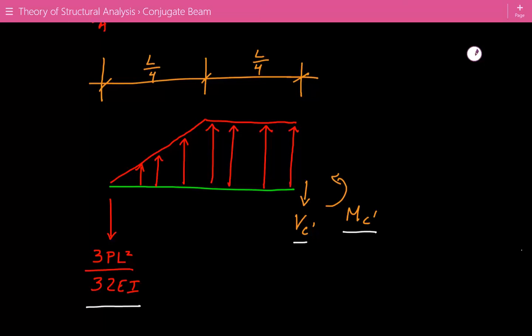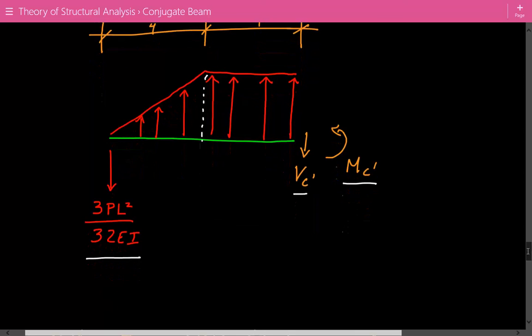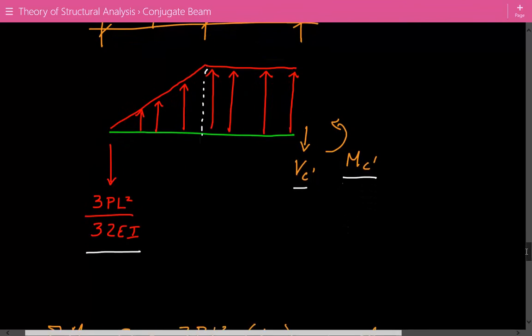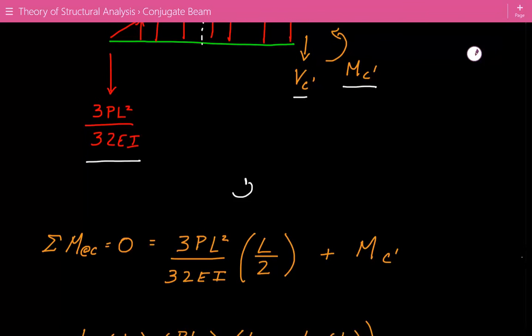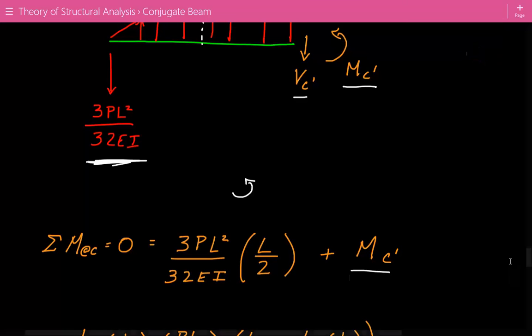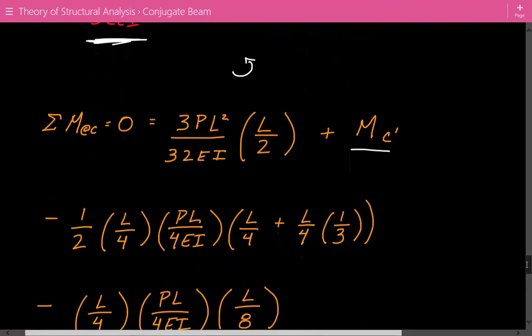Before we move on, we're going to look at this loading. We're just going to divide it up to simplify it. So we have this triangle, and then we have a rectangle. That's how we're going to divide up this loading. And to calculate MC prime, we'll just take the moment about point C. So here's the equation, 3P, and counterclockwise is positive. So first we look at the shear, the reaction at A, 3PL squared over 32 EI times a moment arm of L over 2. So we have the shear at A, plus MC prime, and then minus,